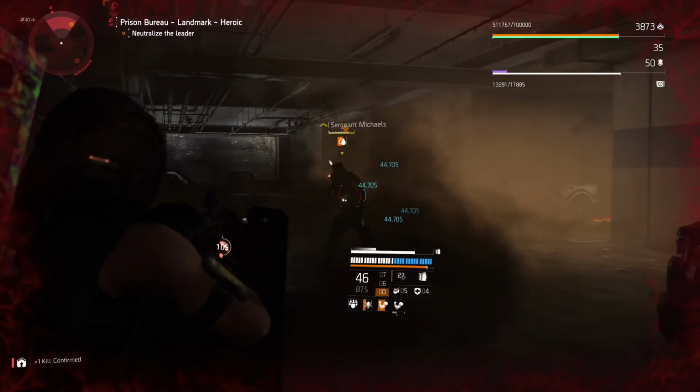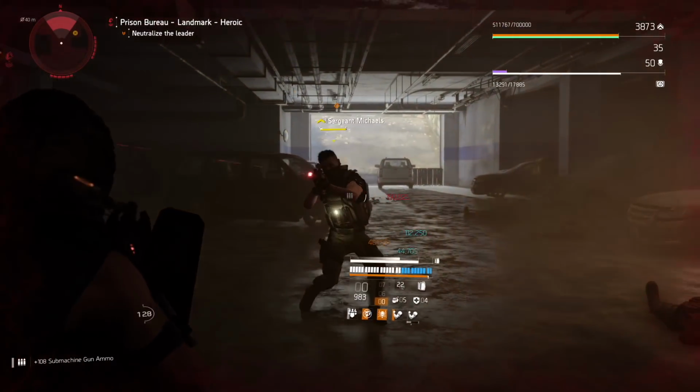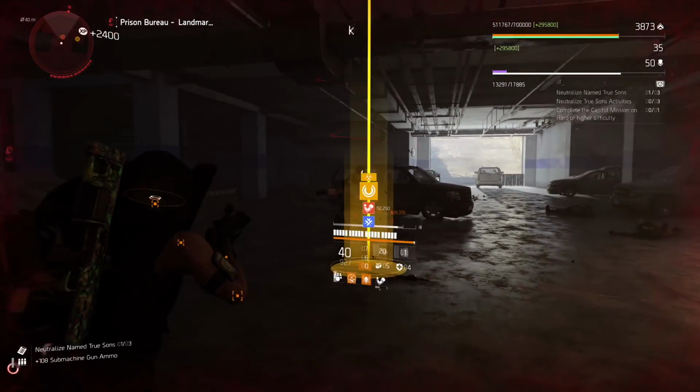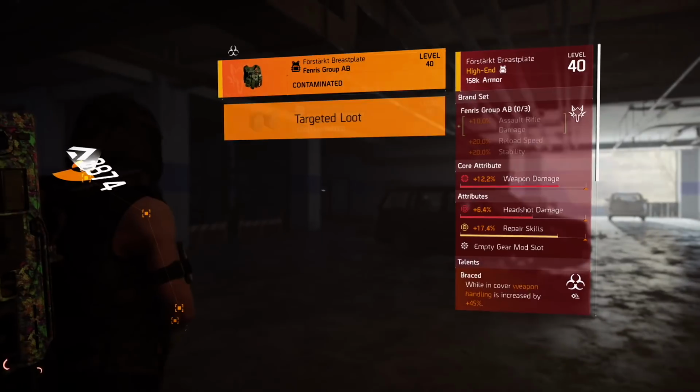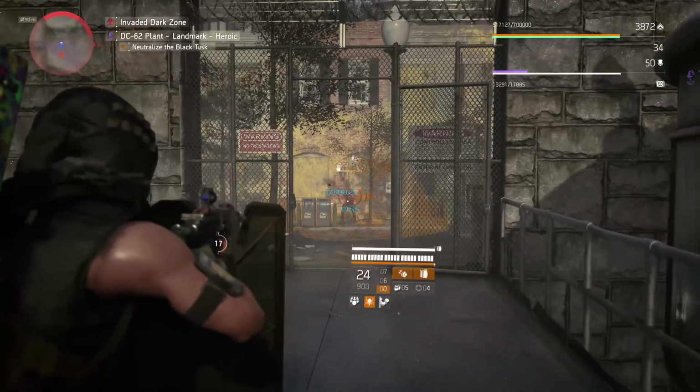So basically you disable that build, and it's ridiculous. The same story with skill builds, but you have armor regen, you have hazard protection, you have damage. You can get 200% extra crit damage from your backfire. And in Dark Zone,